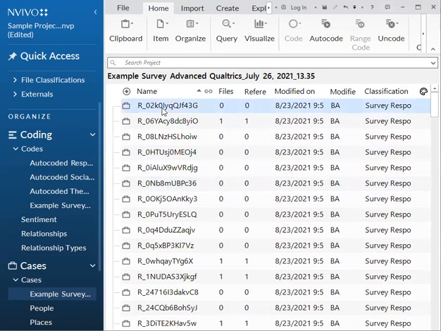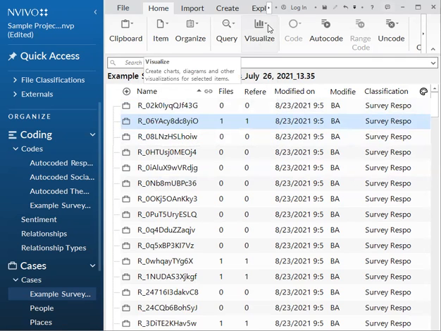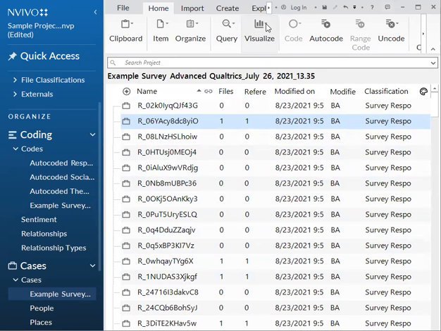But if you wanted to do one specifically for an individual respondent, you would just do this and hit visualize as well. Since there hasn't been a lot of coding done, I'm not going to visualize it, but it would just show the coding for that individual case, or in this case, for this individual survey response. So any coding that's been done on an individual survey response, you could visualize here.